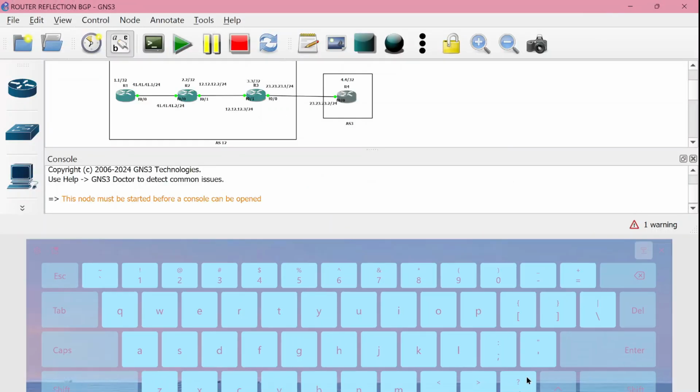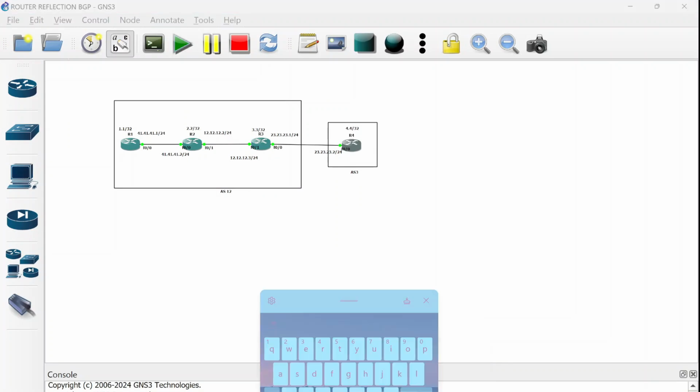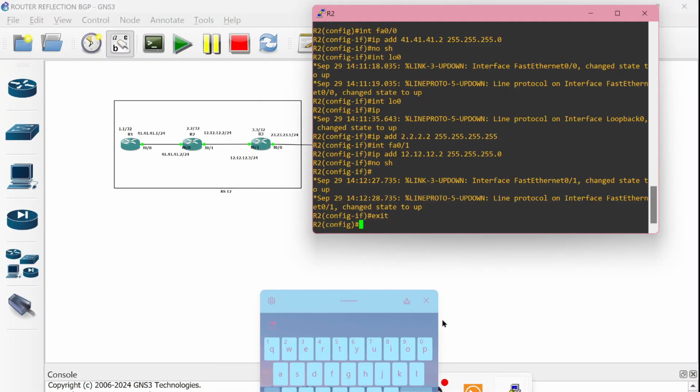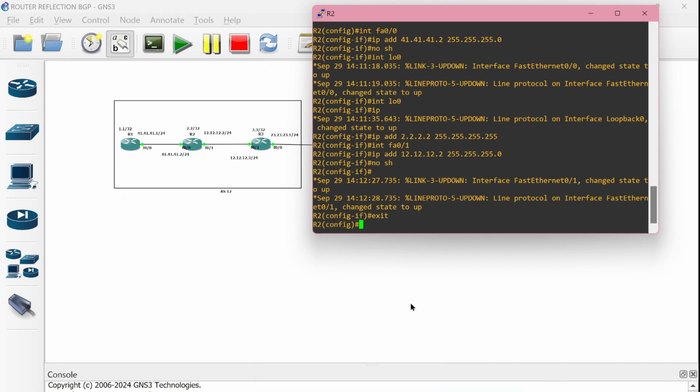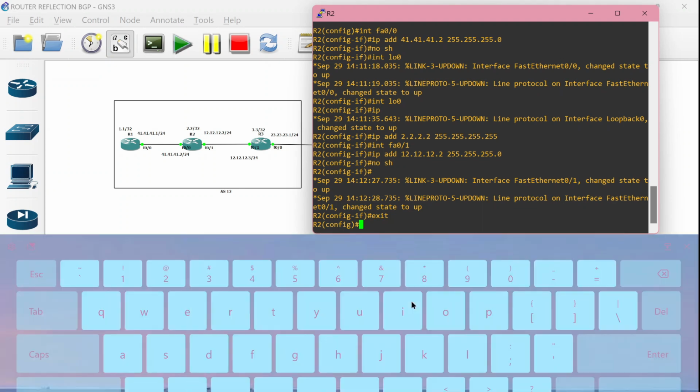Okay, so back in router number 2, make the same configuration as router number 1, but with a little bit different IP.